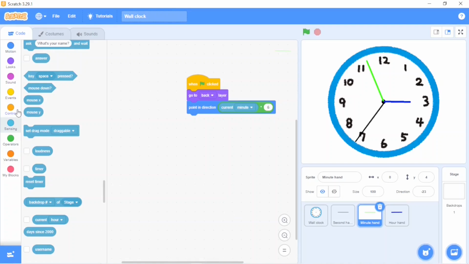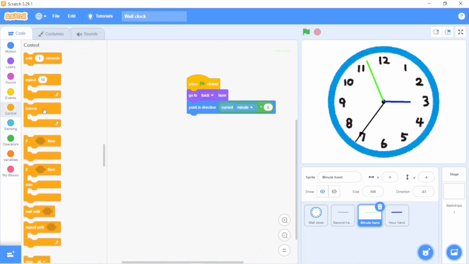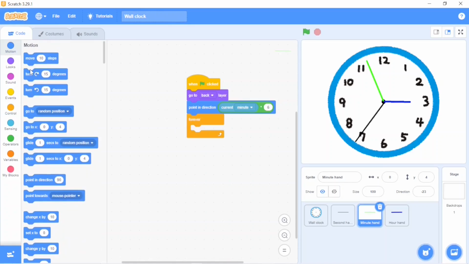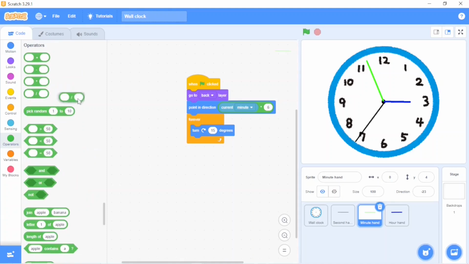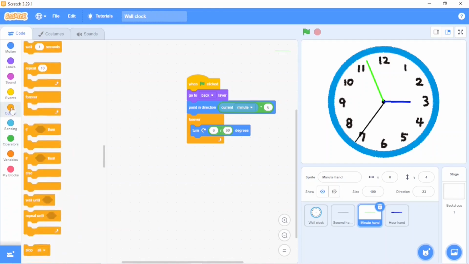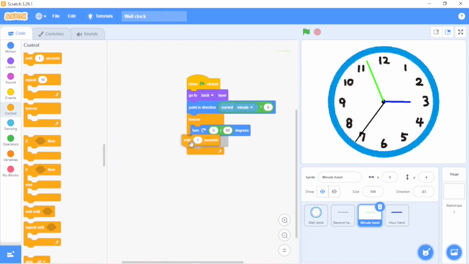Okay, now go to control and take forever loop. Go to motion and take turn clockwise 15 degrees. Now go to operators and take divide. Put 6 here and 60 over here. Go to control and take wait 1 second.